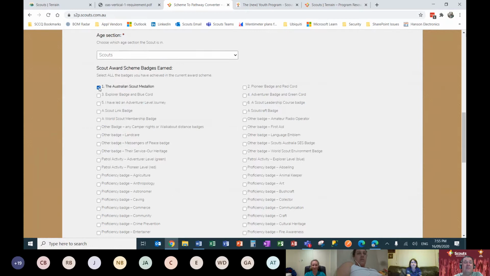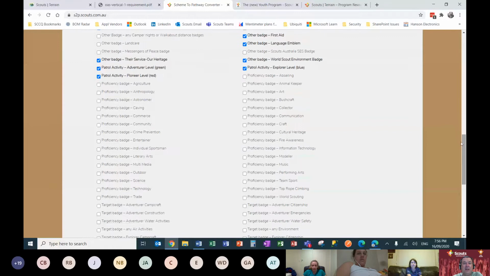And I'm going to go through and tick off every badge and every item that they happen to have as part of the awards. So this one's a fairly senior Scout that's pretty much finished off everything. They've got their first aid badge, they have a Lemlin badge, they've got their Explorer badges, they've got their patrol activities, their service and heritage. Then we'll say they've got a couple of